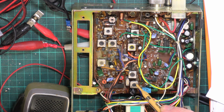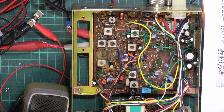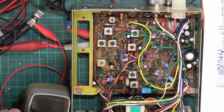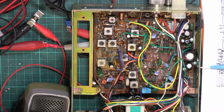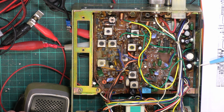Let's check I'm right. 5, 6, 7. 8. Where's 9? I think that's a matter of where fitted, because it certainly isn't on this one. Yeah, so what we're going to do is adjust that for a kind of compromise between quality and maximum cyanide,